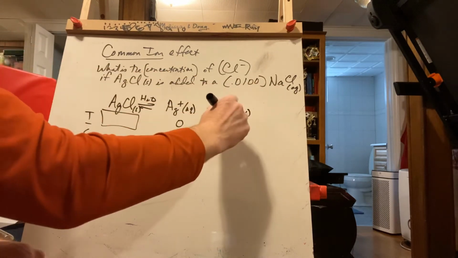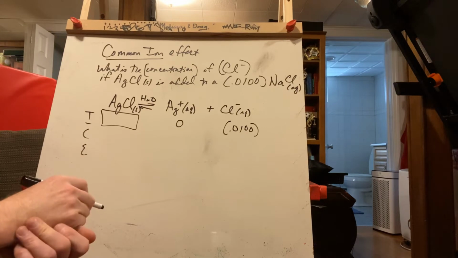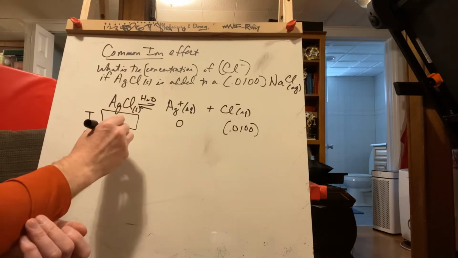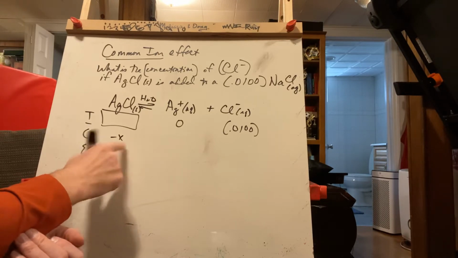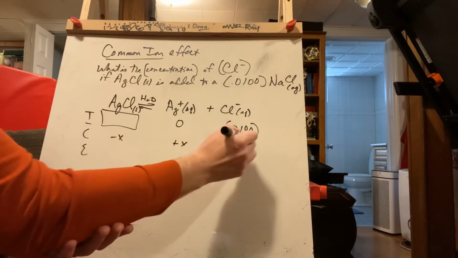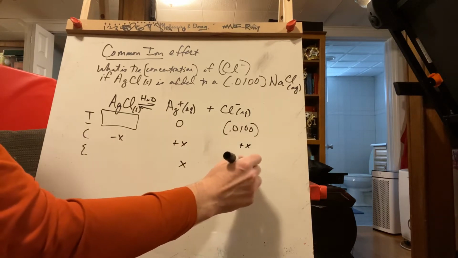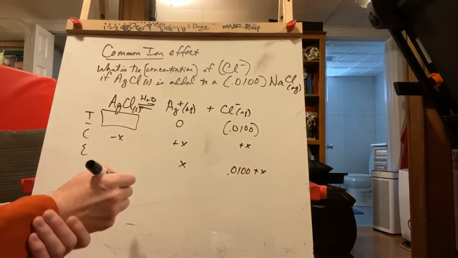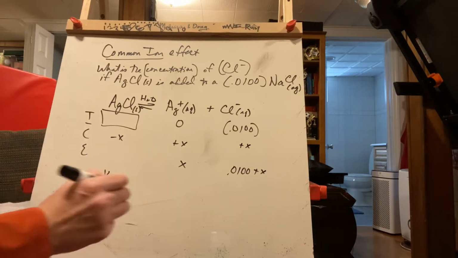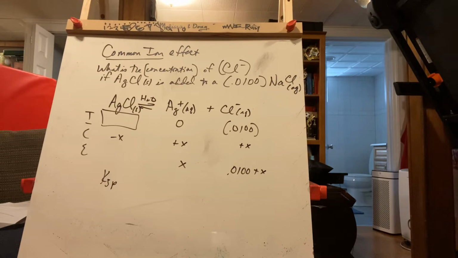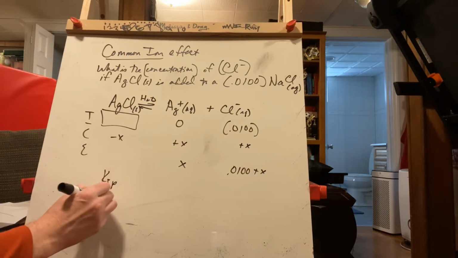It's actually going to be 0.0100. And so when you go here, a lot of times they'll also ask you for the molar solubility. It's going to be really low. But then you go minus x, plus x, plus x. And so you'd end up with an x and a 0.0100 plus x. And then solving for this, your KSP of AgCl is 1.6 times 10 to the negative 10th